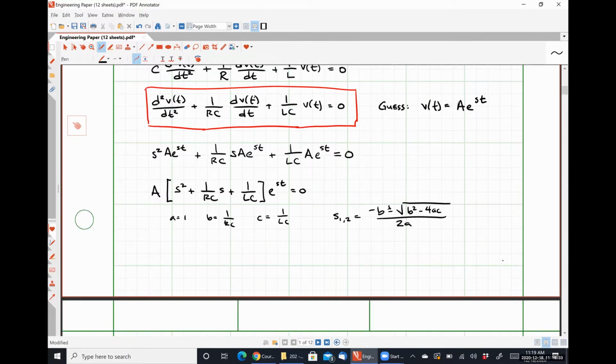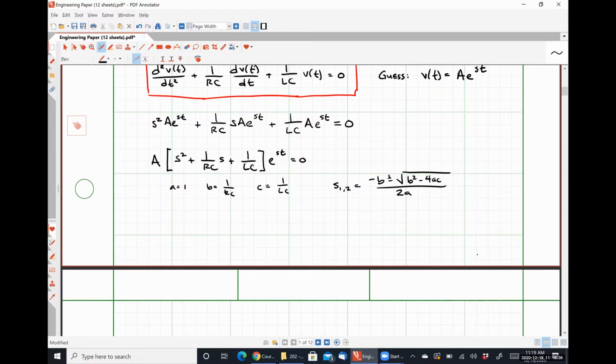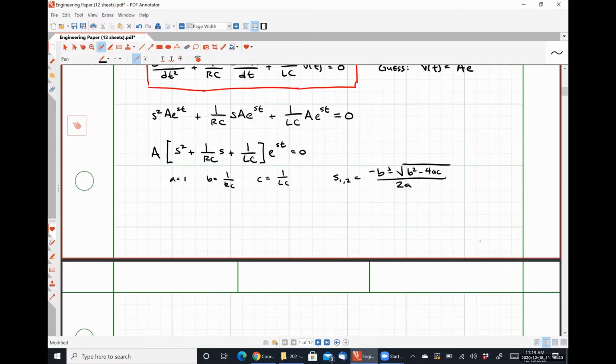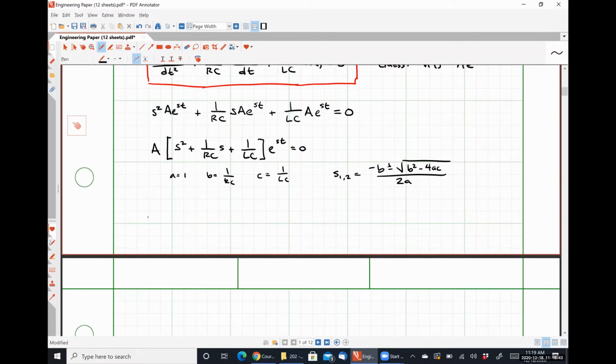And so when we plug in what we have, what we are going to get is, let's see, s1 and 2 equals negative b, so that's negative 1 over RC, plus or minus the square root of (1 over RC) squared minus 4 times 1 over LC, all divided by 2,